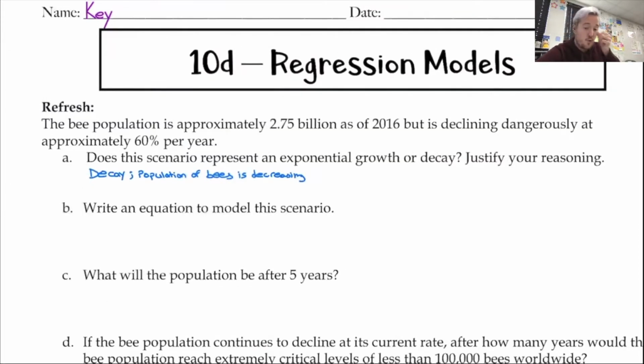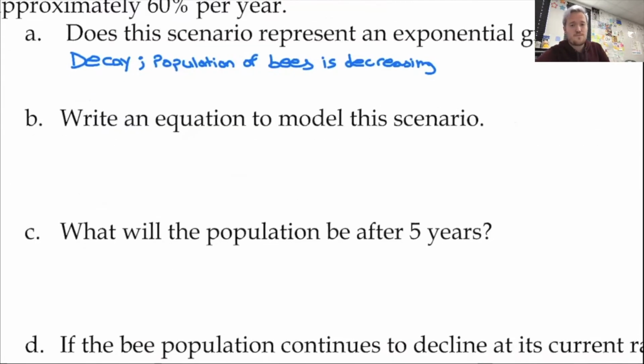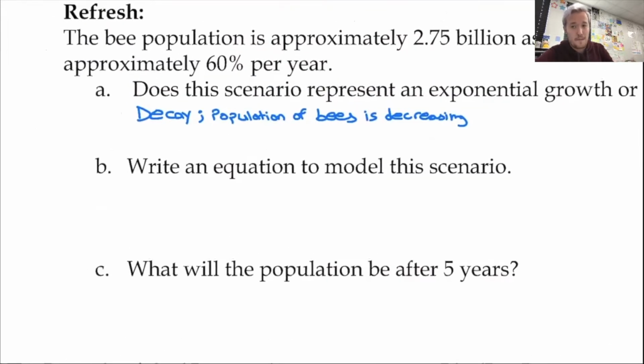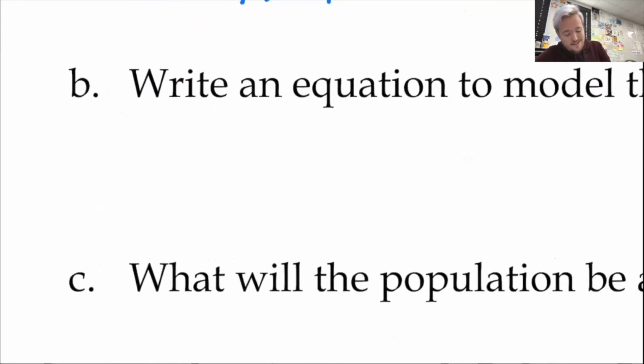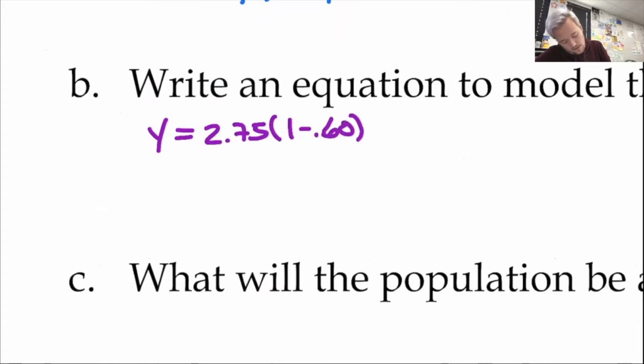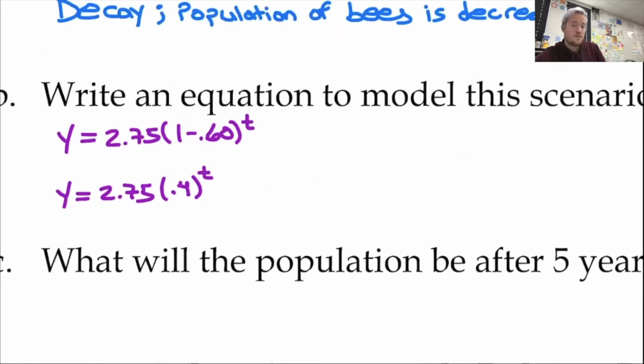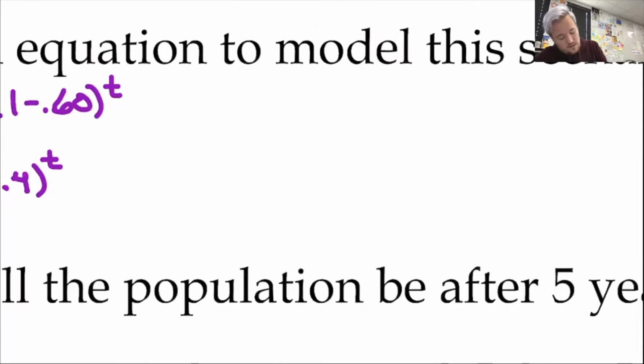All right, so now we want to write an equation to model the scenario. Keep in mind, this is 2.75 billion. If you want to write it out as an exact equation, you'd actually have to write out the 2.75 billion. You could write it this way if you want to do it in terms of billions. Or if you want a more exact and precise way, then you could also write it out in terms of